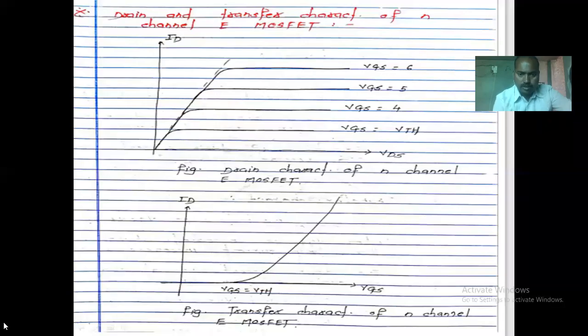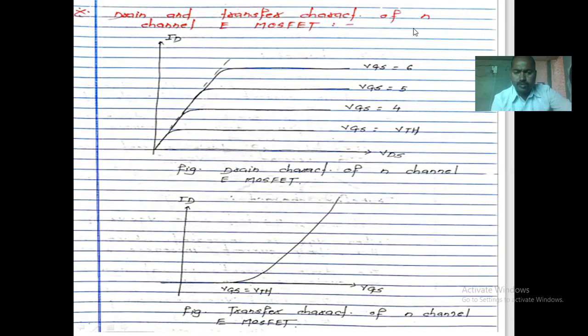See, in this diagram, as we know, the drain characteristic and the transfer characteristic have only some changes. In the drain characteristic, it is the plot of your drain current versus your VDS. But in the transfer characteristic, it is the plot of VGS versus ID. It shows how the VGS value changes with respect to drain current, or the effect of VGS on your drain current.